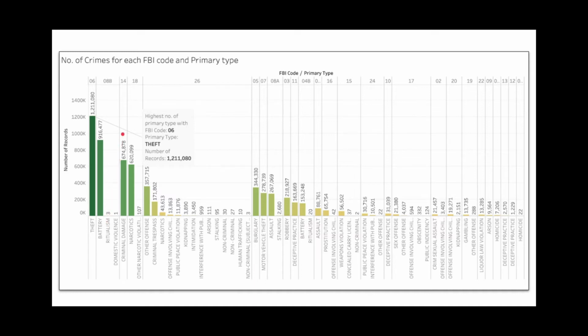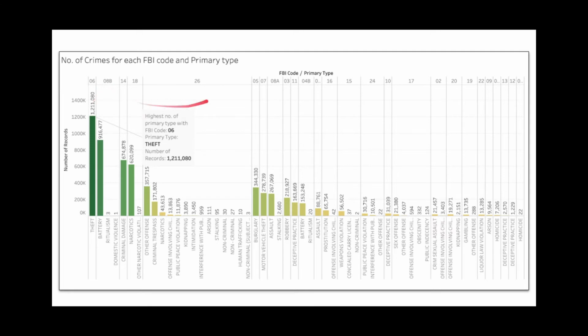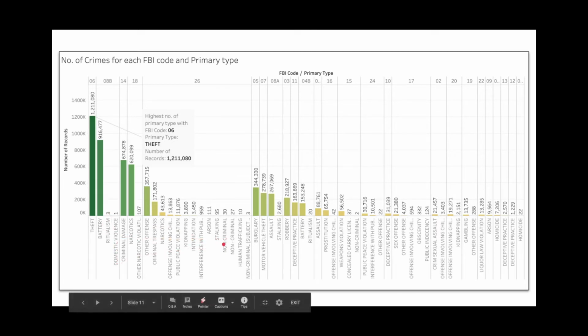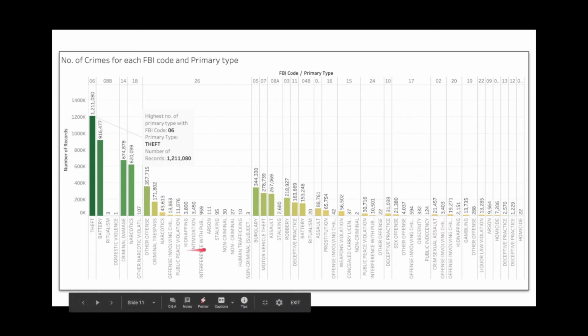There are a few primary types of crimes that are associated with more than one FBI code. We can see battery is associated with two FBI codes, 04B and 08B. And FBI code 26 is associated with 15 primary types of crimes. Also, we can see that assault is associated with two FBI codes. One is 08A and the other is